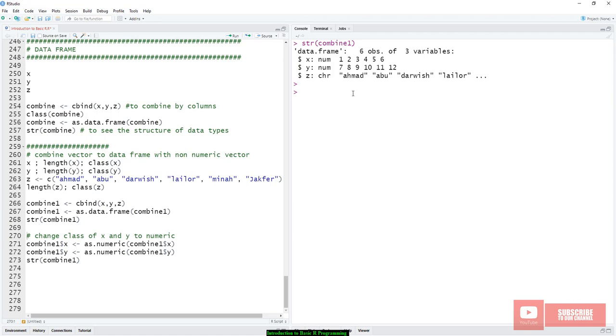So for example, let's say combine one ni, I nak call variable X. So I need to put $sign X. So dia akan call variable X. Right, let's say I tukar variable Y, variable Z. Right. So this is how we call the variable in the data frame. Okay. I think we should stop there. Nanti kita akan sambung sikit lagi. So your assignment